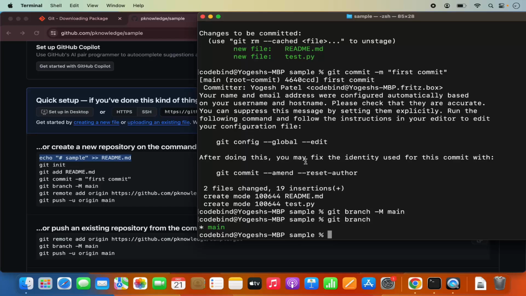Now everything we have done till now, we have done locally. When we gave the git commit command, you can also see the username and the email ID, and it says the name and the email address were configured automatically based on your username and host name, right? If you want to give a custom username, like in my case, let's say I want to give the custom username pknowledge to the git configuration, and then a custom email ID, then what you need to do here, and I will recommend these two steps for you,